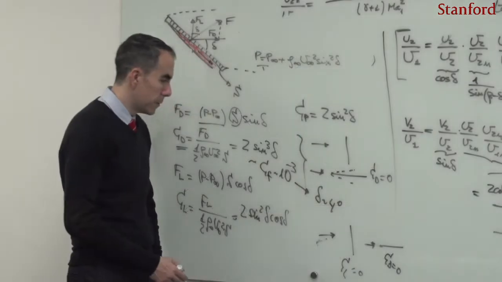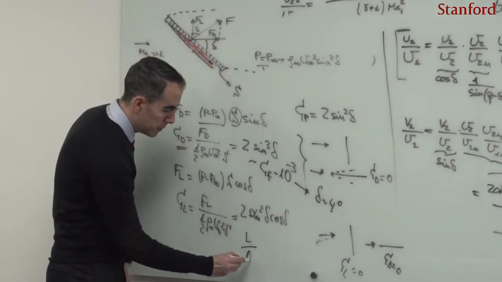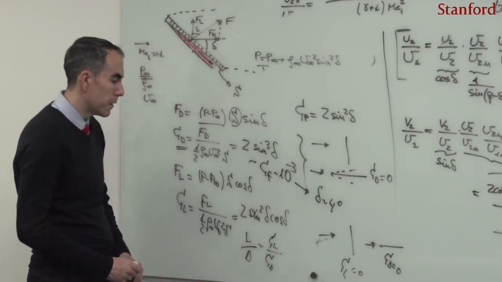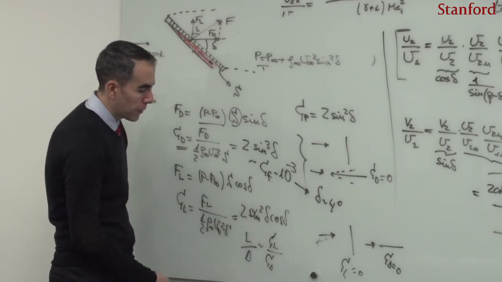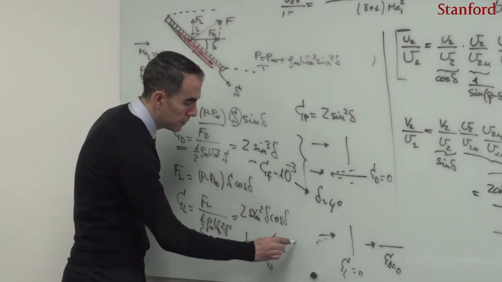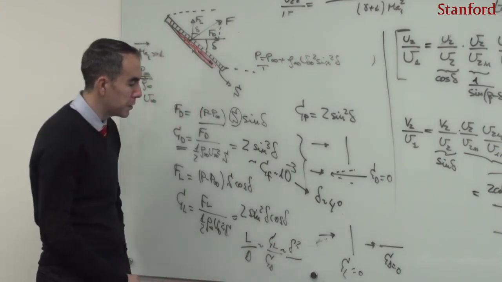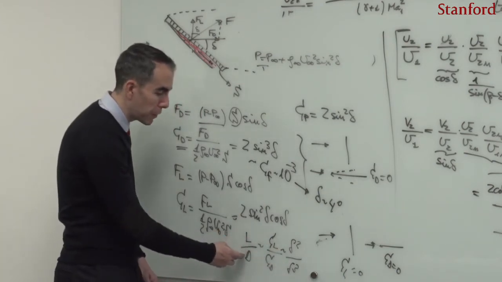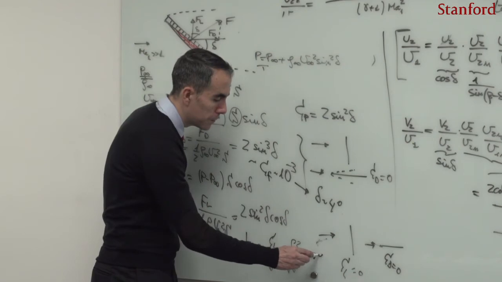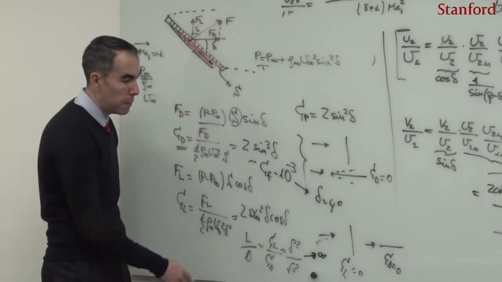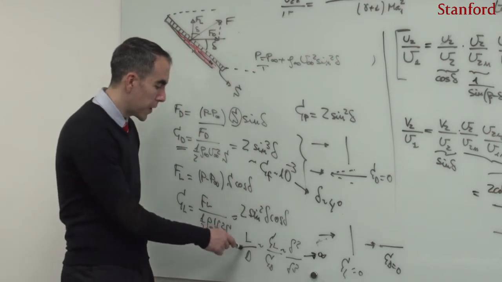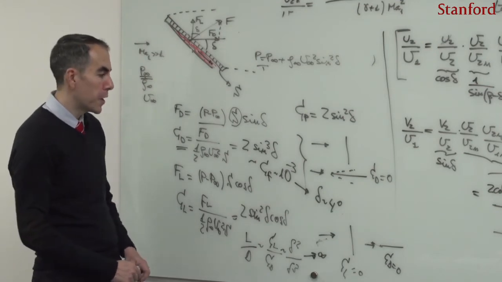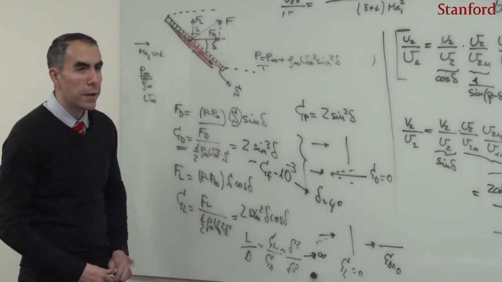So if we go here, right, this lift over drag is going to go like the lift coefficient divided by the drag coefficient. This lift coefficient actually goes like delta square, whereas this drag coefficient goes like delta cube when delta is small. So as a result, this lift over drag is going to go to infinity. Well, again, that will happen when the plate is horizontal. So the fact that the lift over drag goes to infinity when the plate is horizontal is an artifact of the theory, because one is not including any viscous effects here.